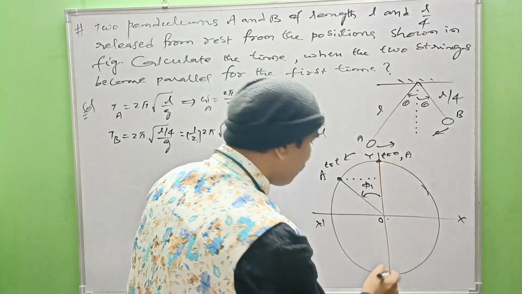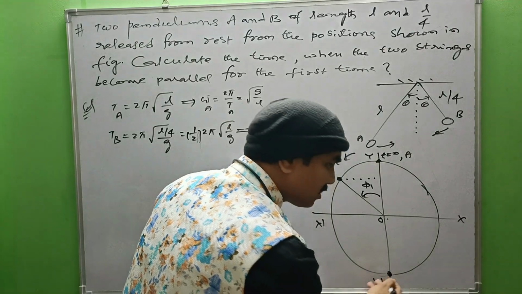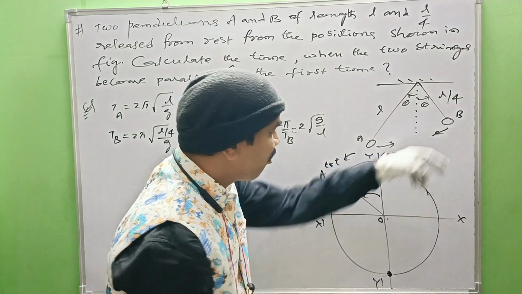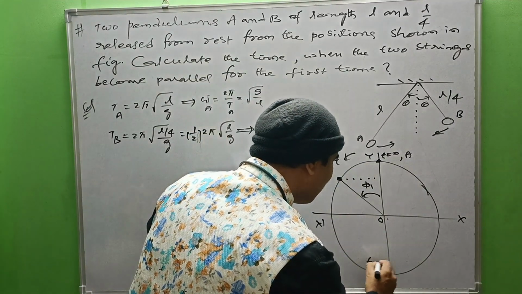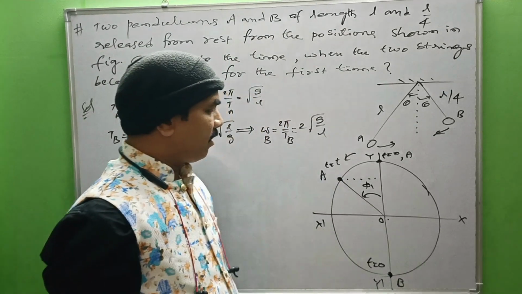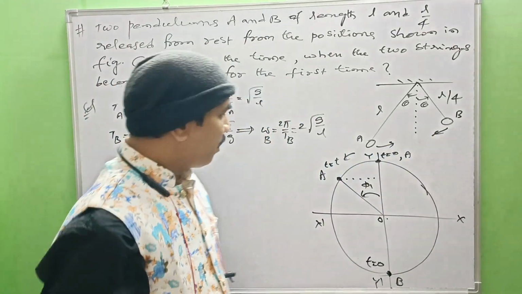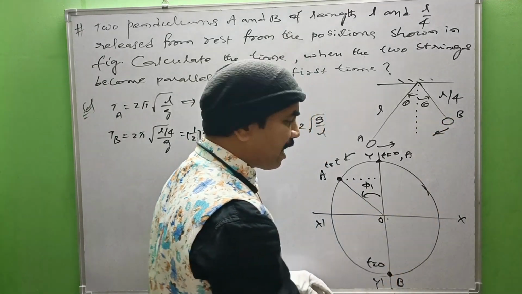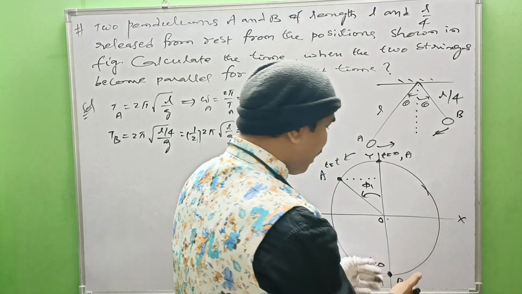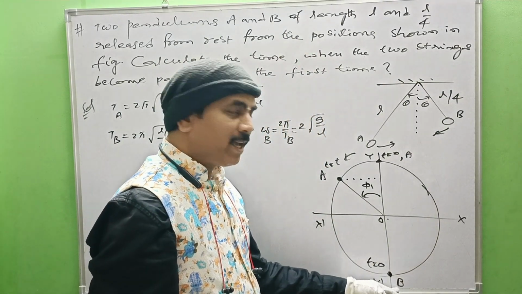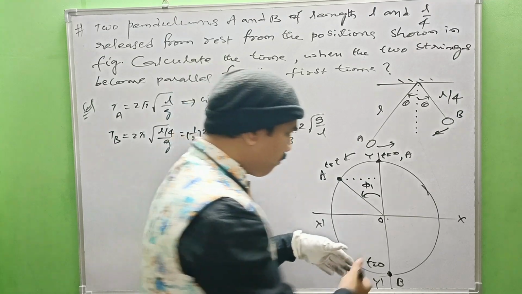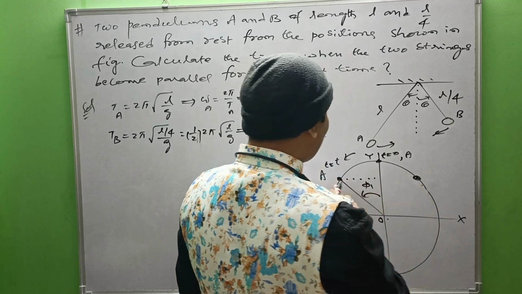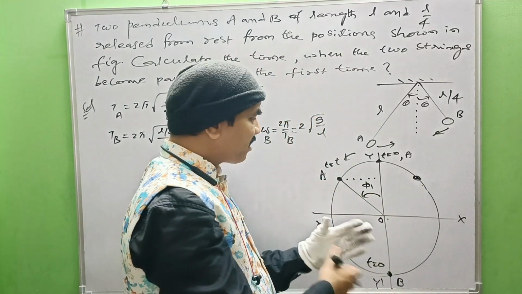Now at t equal to 0, let me say that the negative axis is the position of pendulum B initially. At t equal to 0, this will be the position of pendulum B, for example. Now in the same time it oscillates like that, but its projection can be taken like this. See here, as the angular frequency or angular speed of B is more than that of A, it moves like that and reaches somewhere here, the same level as that of A,